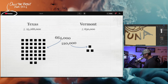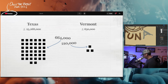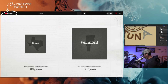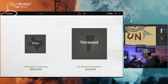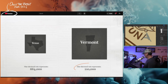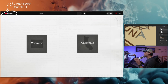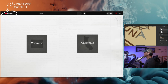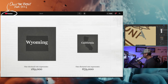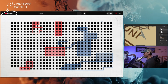But this combination makes the number of people each delegate represents way different between states. In Texas, 1 electoral delegate represents 3 times the amount of people as 1 in Vermont. And that makes each individual person's vote in Vermont a lot more influential. The Electoral College creates discrepancies like this all over the country. A voter in Wyoming is worth 3.5 times as much as a voter in California. And the winner of the presidential election is the...